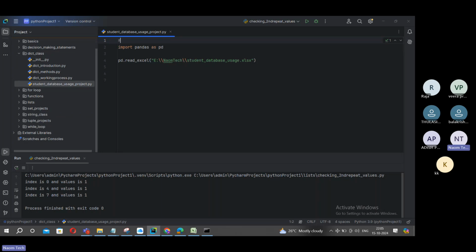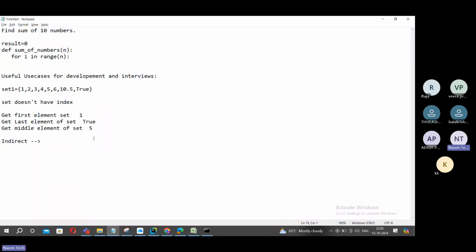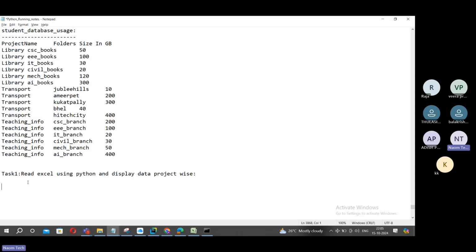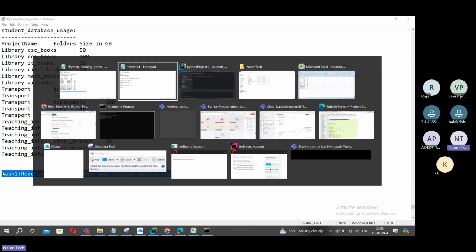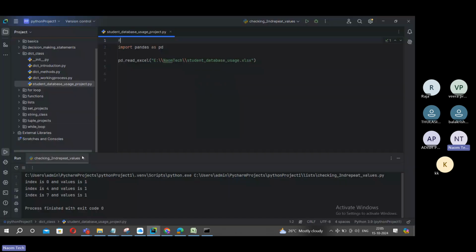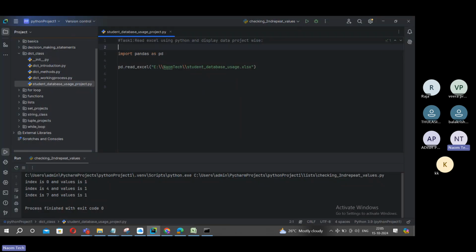So what is the requirement here? I gave you the requirement. The requirement is this: read Excel. This is task one. We have so many tasks to do. I will also use matplotlib and just play with it and show you. If you have interest, you can play instead of me doing that. So first thing,